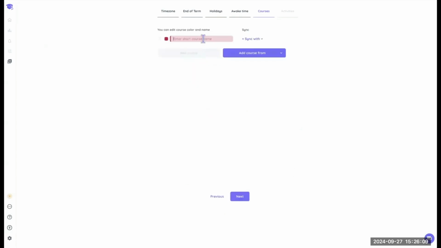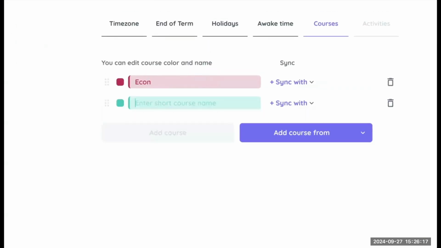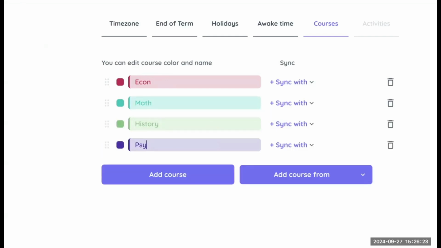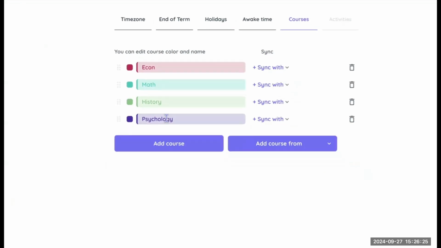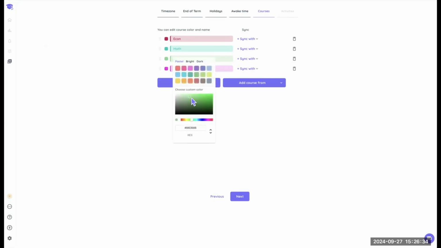So now let me just show you what things look like when students create their courses manually. So I can do some courses here. And next I can maybe change some of the colors. And we even have an individualized color picker, because we received feedback from the students that they want to have full control over their colors. And yeah, it's super easy. And once they're satisfied with their courses,